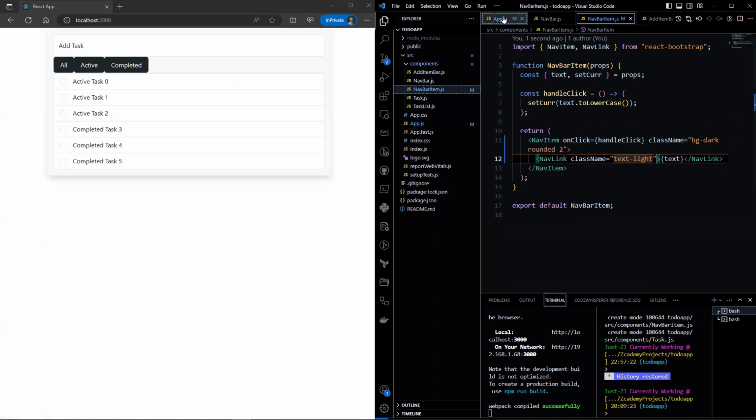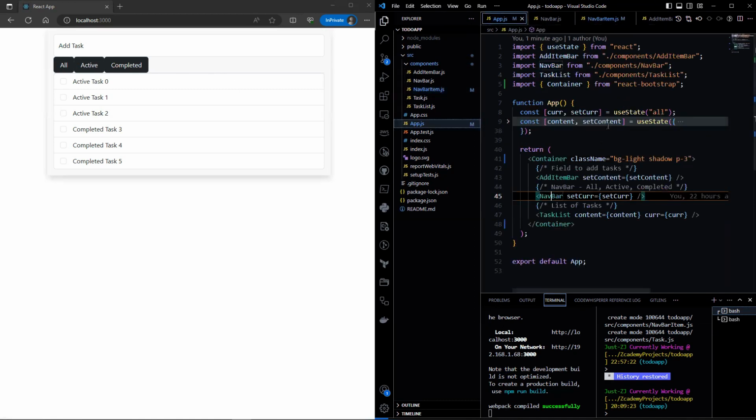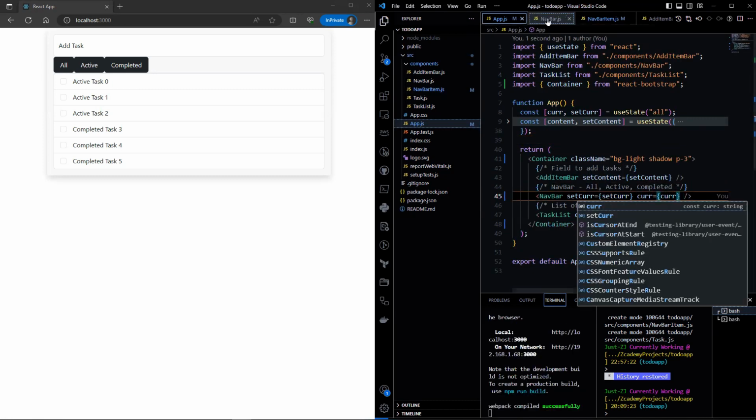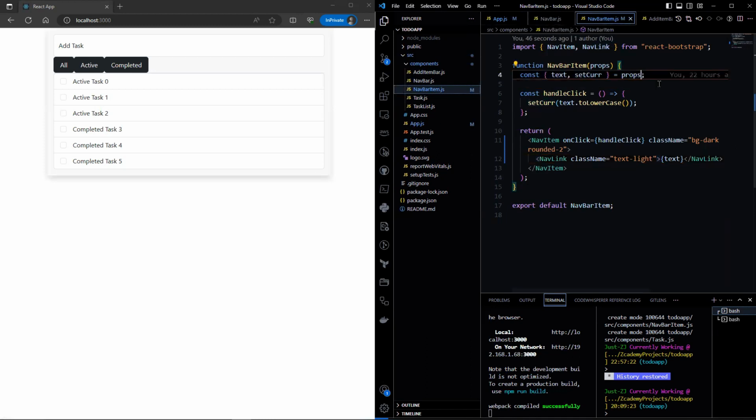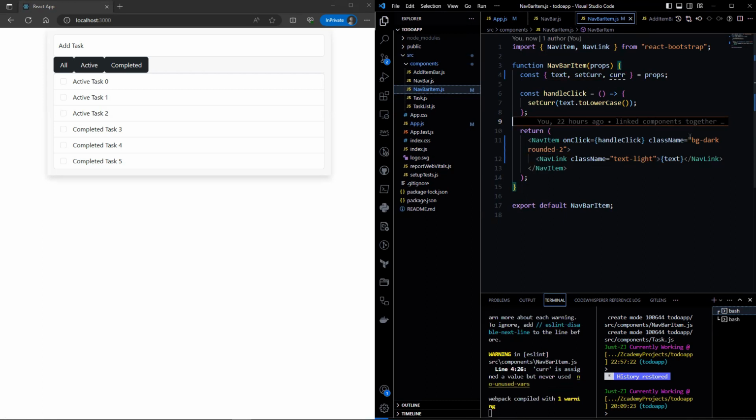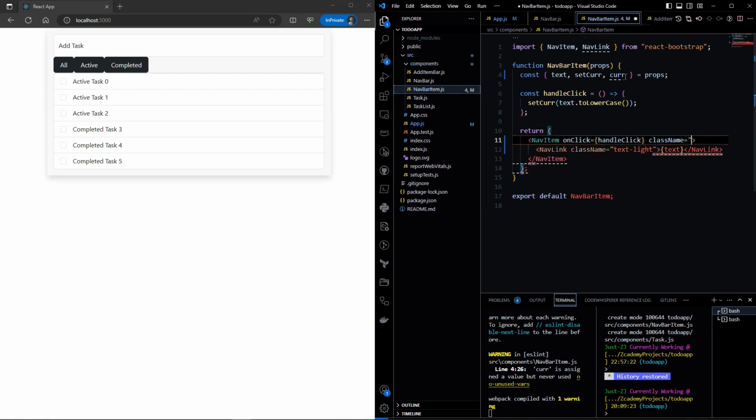To do that, we can pass in the current variable. Since we are passing all the props in, we do not need to do anything for the navbar.js file. We can simply deconstruct it here. Now, let's add some logic to it.